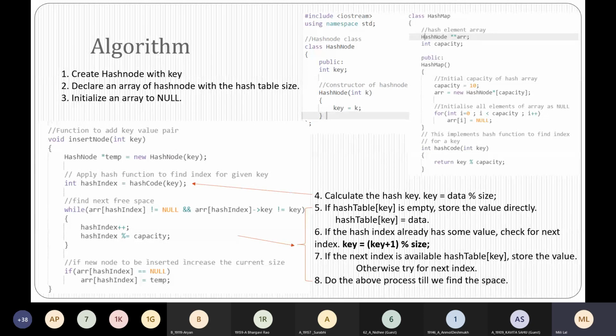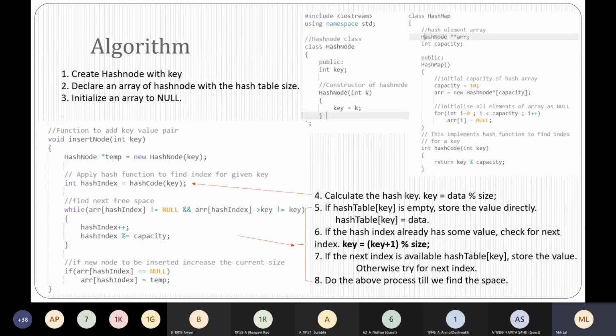मतलब क्या है, एक नोड टेम्प क्रिएट किया जिसमें वैल्यू है, और वो वैल्यू आपको बकेट के हैश टेबल के अंदर प्लेस करना है. तो प्लेस करने के लिए हमें इंडेक्स वैल्यू कैलकुलेट करना पड़ेगा. उसके लिए हैश कोड फंक्शन कॉल करते हैं, and according to modulo division method you calculate and you obtain the index. और इंडेक्स मिलने के बाद you have to check अगर वो इंडेक्स अवेलेबल है कि नहीं. तो वो चेक करते array of hash index null है या नहीं. अगर नहीं है, not available है, तो इंडेक्स इंक्रीमेंट करके फिर से हैश कैलकुलेट करना पड़ता है. क्यों? Because you are finding the next available space, and